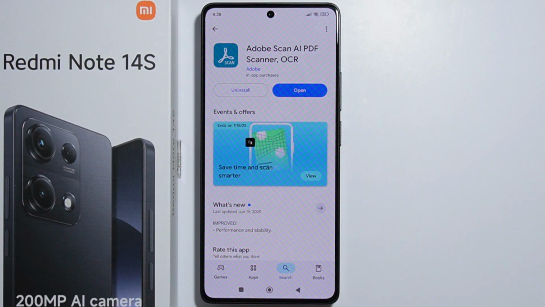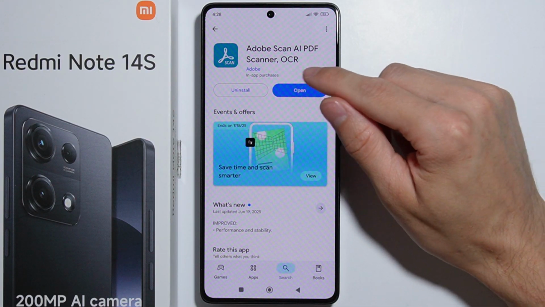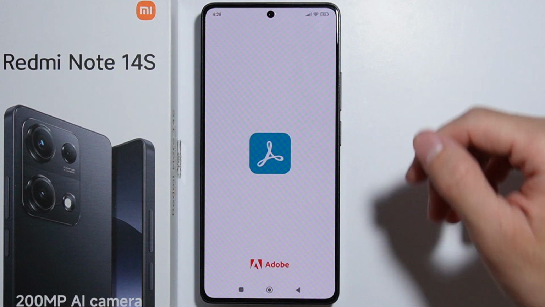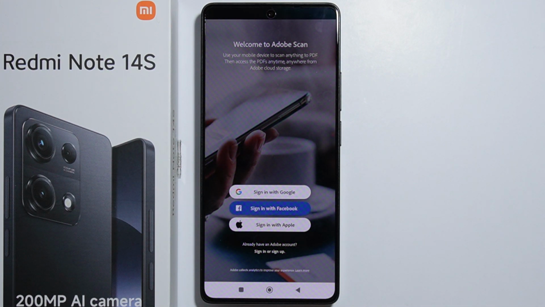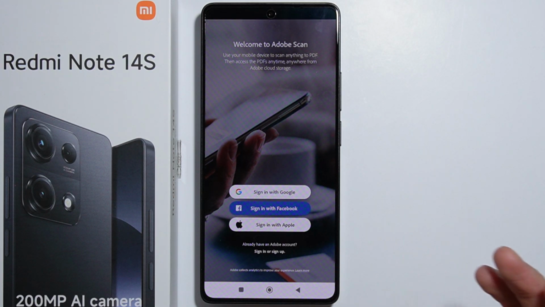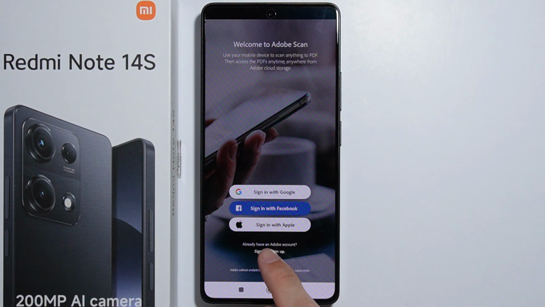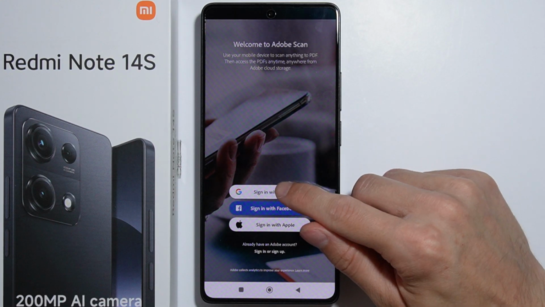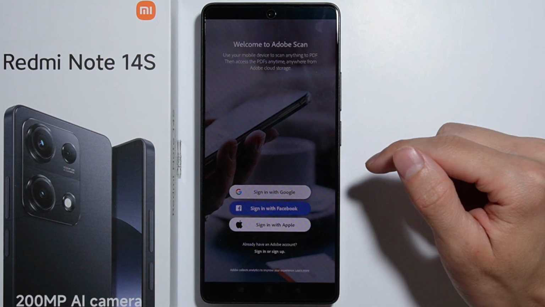Simply press the button to install this application, and after you are done installing, you simply press this button to open it. Let's wait for the application to open, and right here you'll have to log in to this application using, for example, Google, Facebook or Apple. And if you don't have an account, you will have to sign up basically, but I will log in to this application using the Google account,